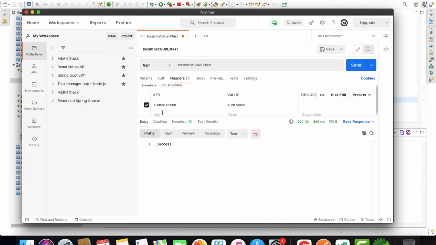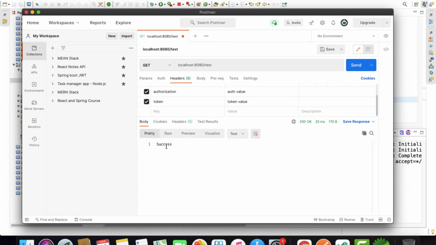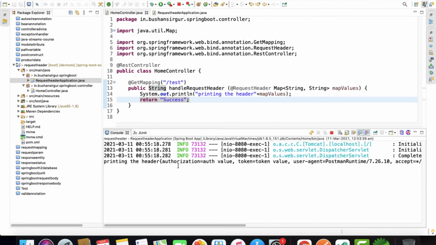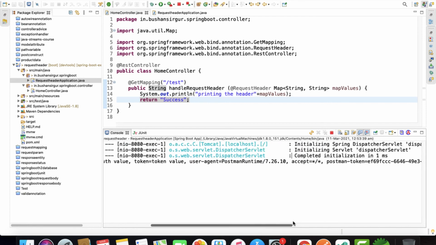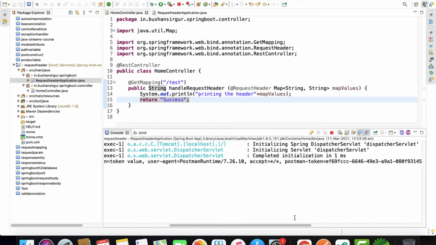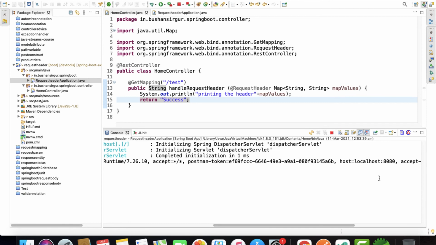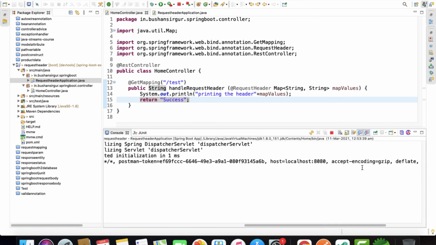Now let's add one more header, which is token. Let's say token value, and when I click on send, we do get the response success. But you can see we are getting not only authorization and token, we're also getting the user agent, accept, postman token, host, accept encoding, and all those things.